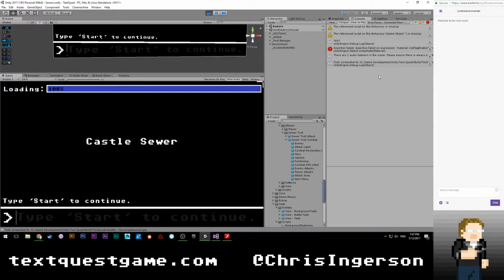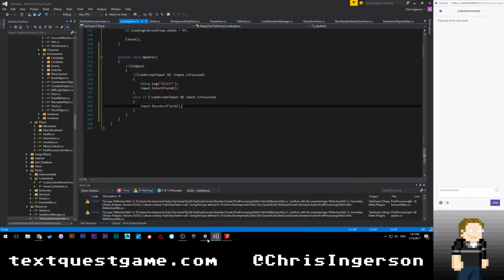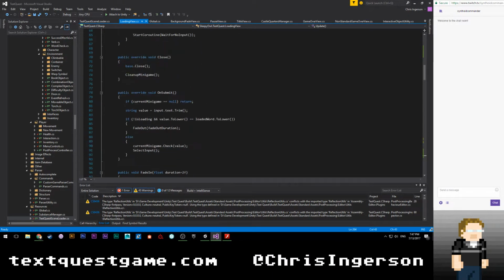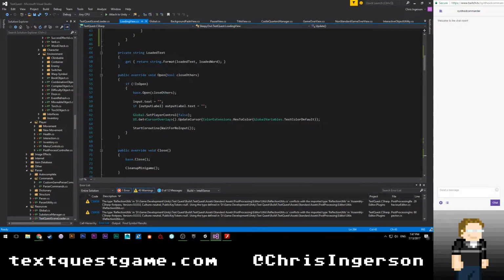I guess then again, actually that's not necessarily true. I bet what happened there is open did it. So if we scroll all the way up here to open, we're gonna set player control, update cursor. That's interesting. Why do I update the cursor in the load screen?